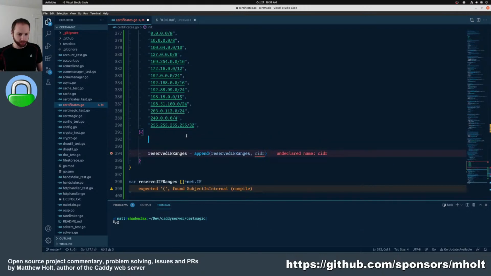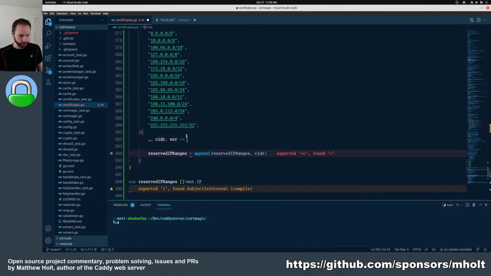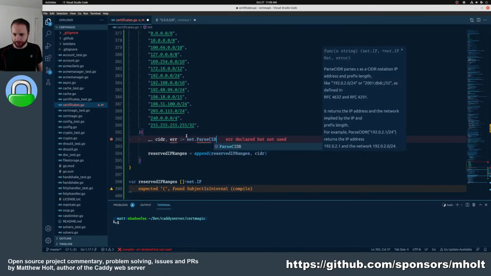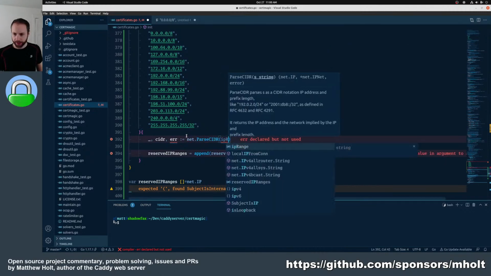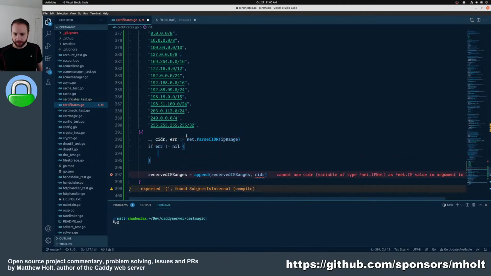Okay, so I believe we do this in Caddy. How does this work? I think it's CIDR. Yeah, that's the one. So these are CIDR ranges that give us